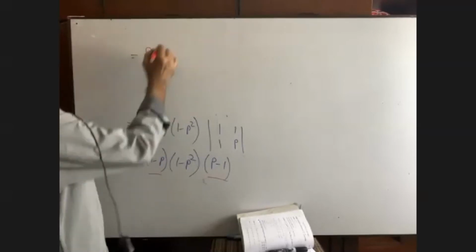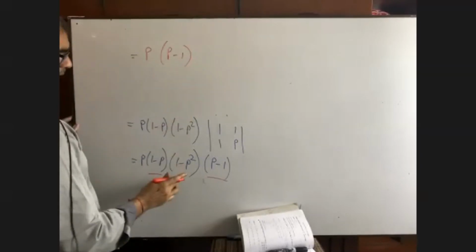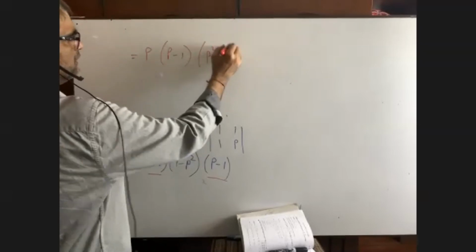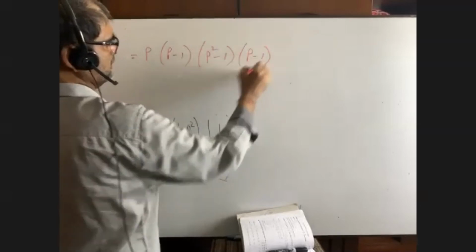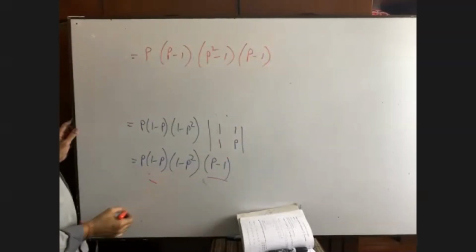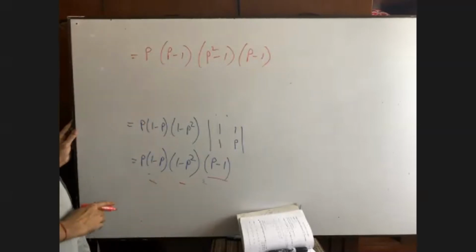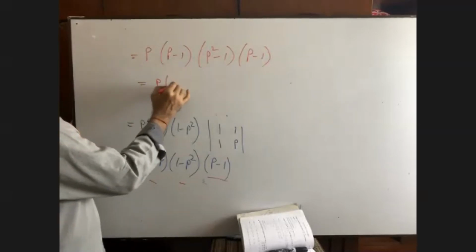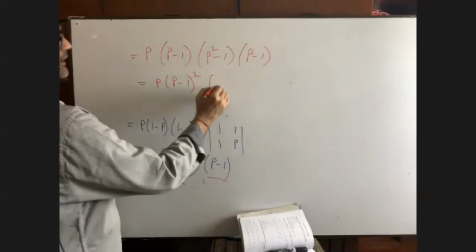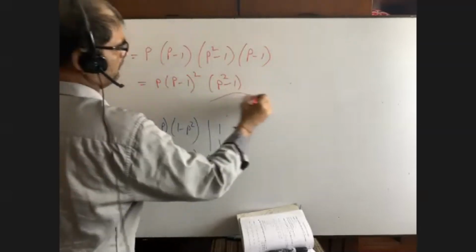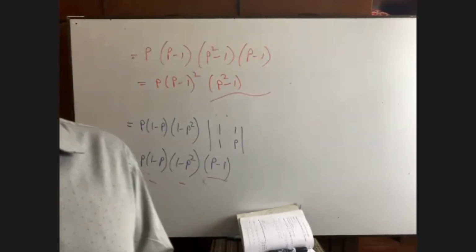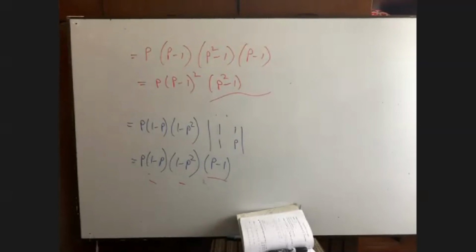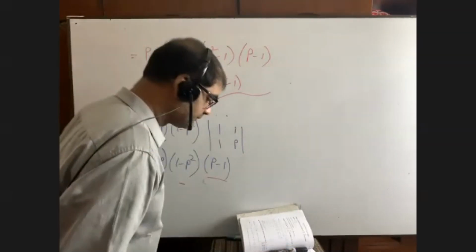If I take minus common, p minus 1. If I take minus common, p square minus 1. Those minus will be positive. Here minus can be taken common, here minus can be taken common. Minus will be positive. Now you see it can be written p minus 1 whole square into p square minus 1. The math is done. Have you got me? Yes, sir.